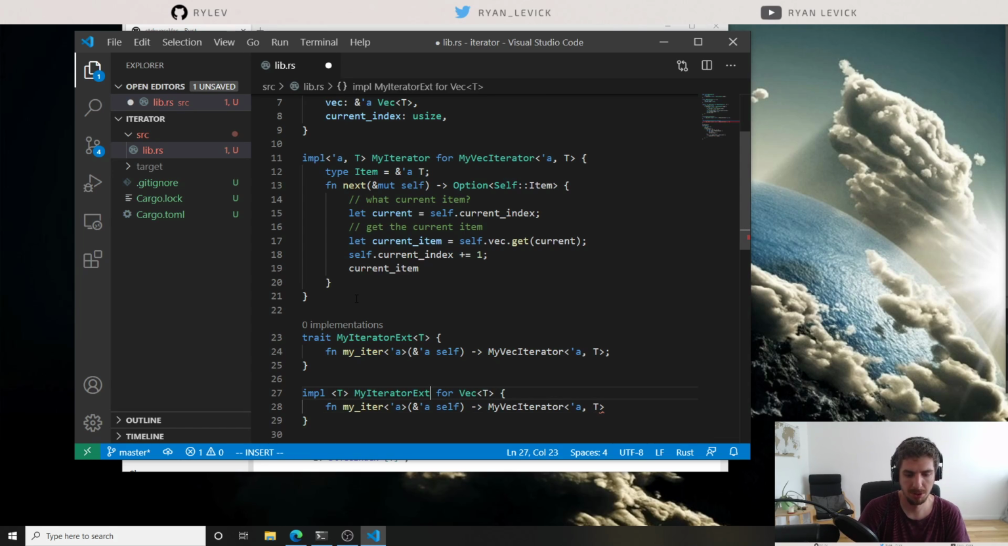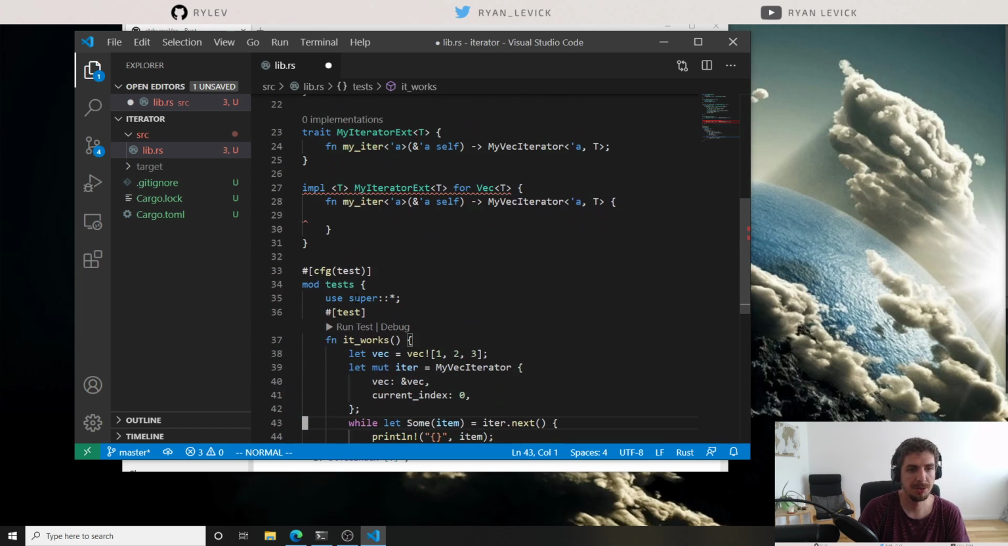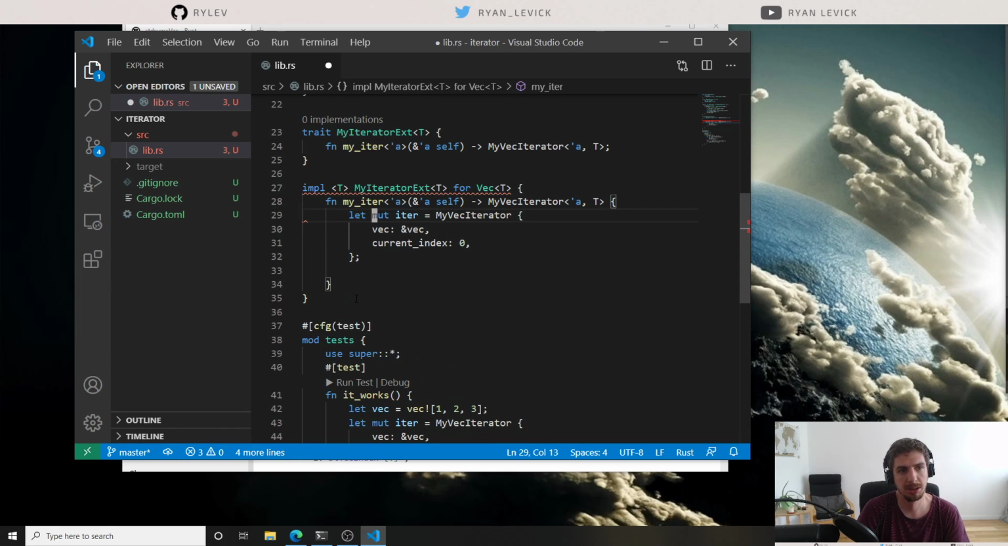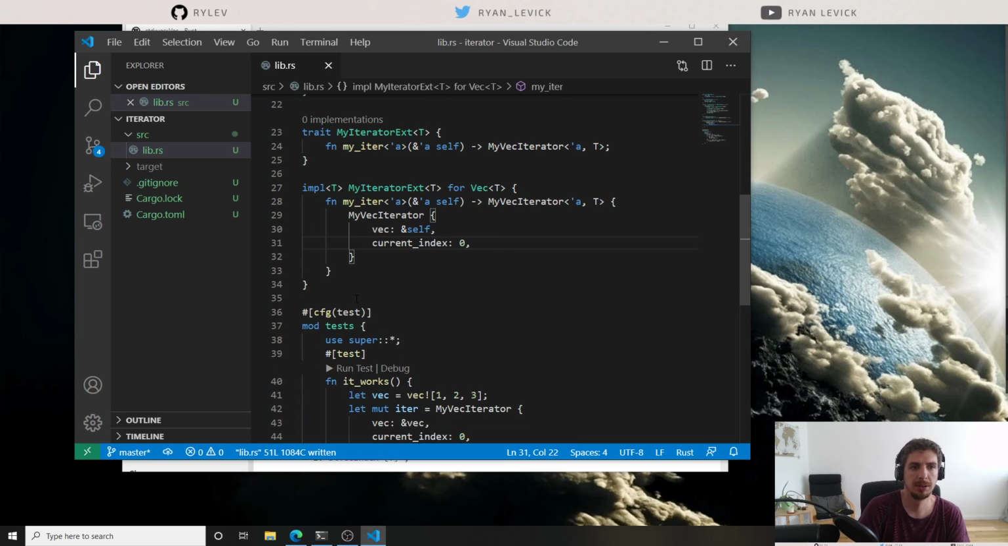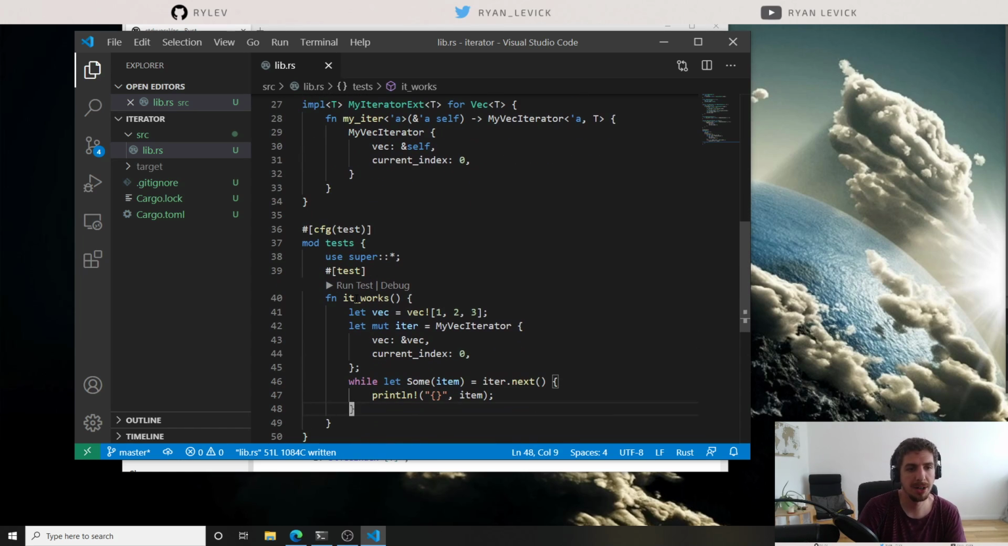Of course, say this here. And then effectively, all we have to do is just take this right here and move it on up here and change our vec to self. And now we've implemented this myIter, and we don't have to do any of this jazz here,